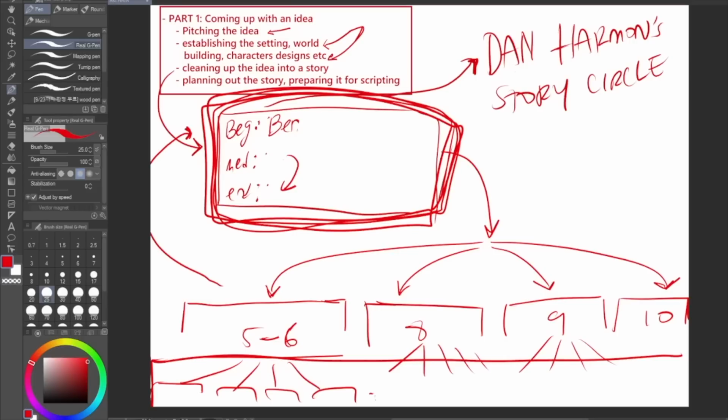You're now automatically ready to prepare it for scripting, because you take these chapter summaries that I told you to do. Remember, we broke down the main summary into arcs, then we broke down each arc into different chapters, and then we summarized each chapter. You take each summary of every chapter, and then you turn that into a script. How do you turn a whole summary into a script with dialogue? Well, you're gonna have to find out next time on the next episode, or I guess the next part of